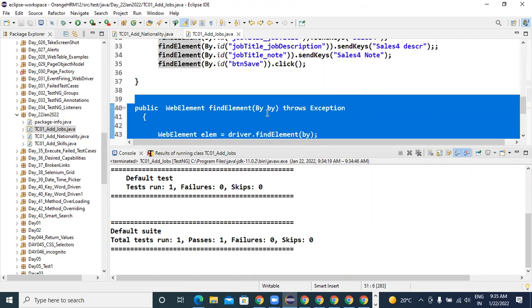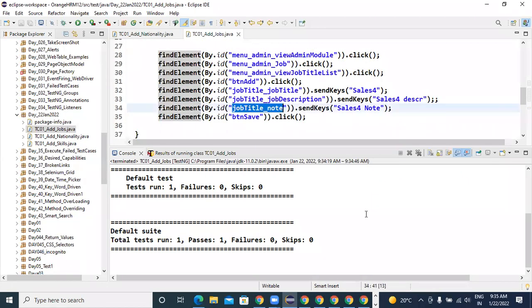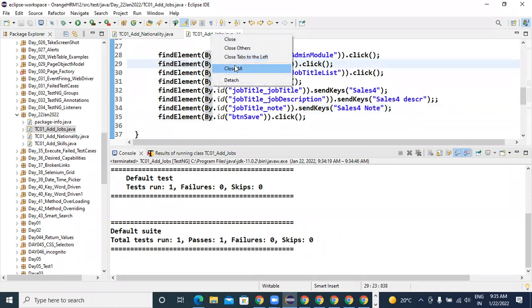Your web element border is highlighting, and also in case the program execution fails, suppose you are giving an invalid locator ID, what kind of exception will it throw? The interviewer will ask this kind of question. It will throw a no such element exception, unable to locate element. So you have to give that kind of answer. So we understood the importance of this method.